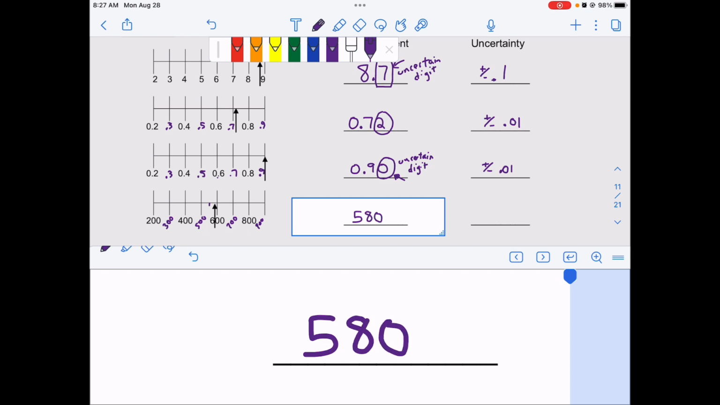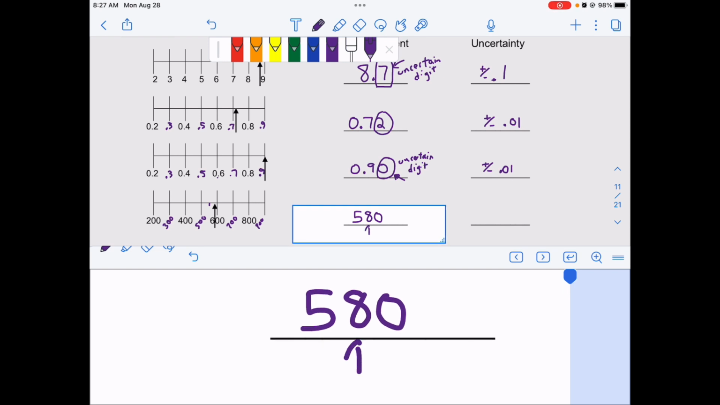Now, do I think it's 585? I don't know. I can only estimate one number. So this is the only number that I can estimate. And so I'm going to circle that. That's my uncertain digit, okay? I wouldn't put a number here. I can't estimate that much because it's too big of a scale, okay? Don't estimate this one